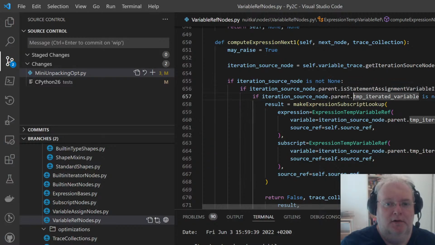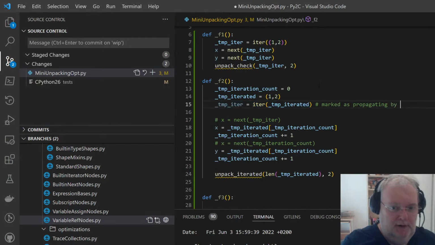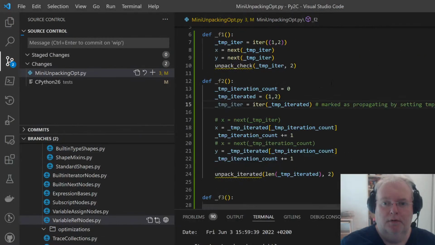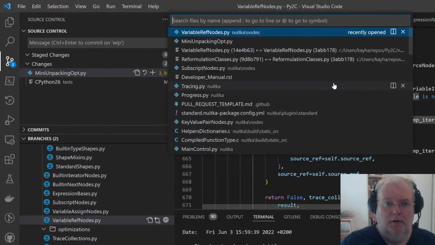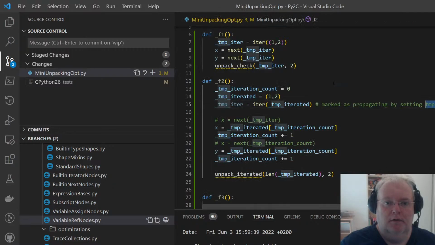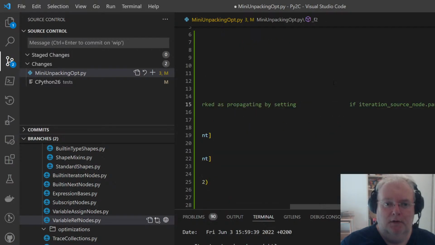And then this indicates the setting of this variable, as we will see: what is the iterated variable? If it's not there, it's not marked. So actually this is like by setting temp iterated variable.